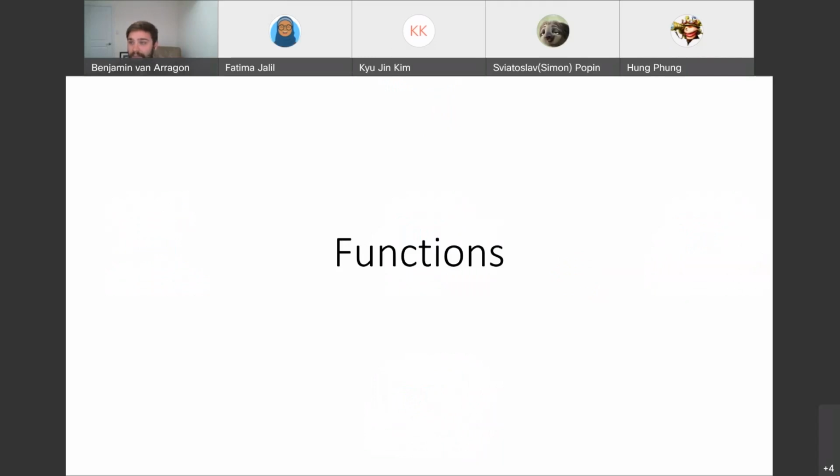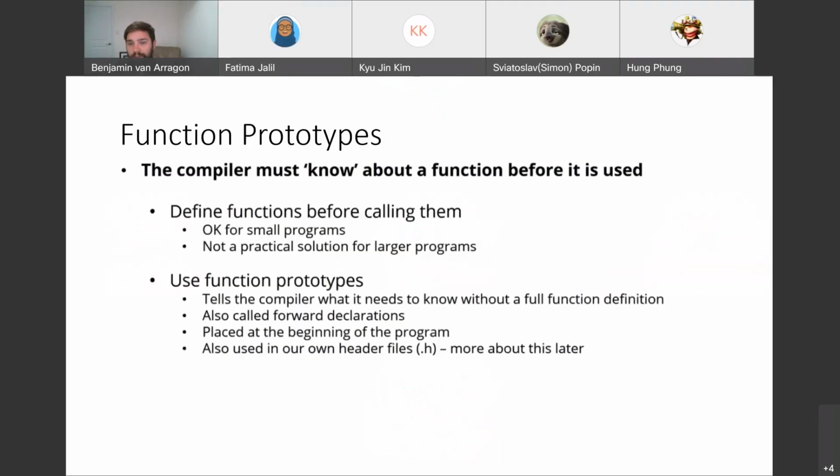Okay, so function prototypes. Does anyone know what a function prototype is? Anyone want to tell me what they think a function prototype is? Comment in chat. Basically, in C++, if you don't define your function before the main function, like we had